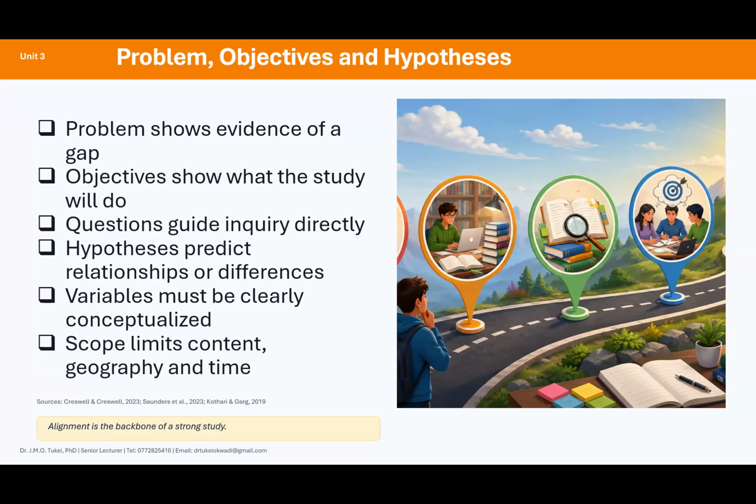I want to engage you, colleagues. And my engagement would be that if the problem is poor patient waiting time, an objective on employee salary may be unrelated unless the literature or conceptual framework clearly shows the connections. And that's normally why I have issues. Somebody tells you these are more objectives.